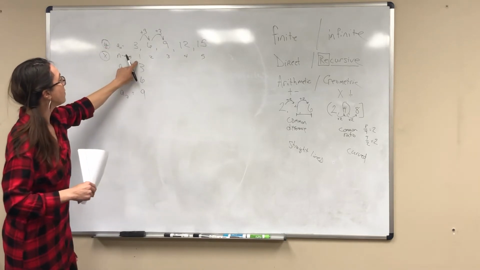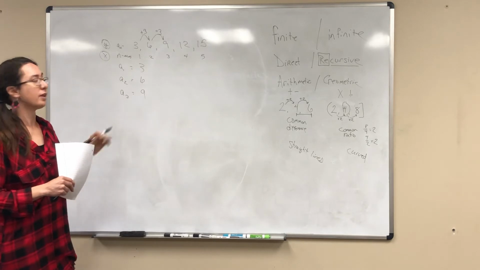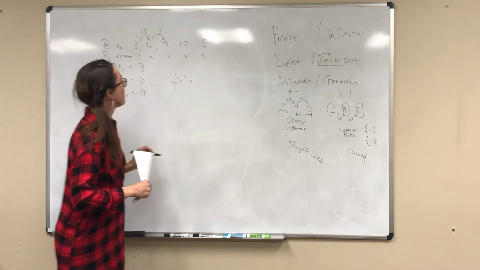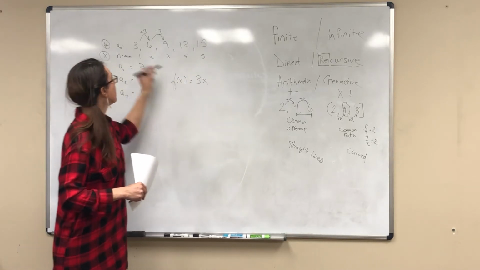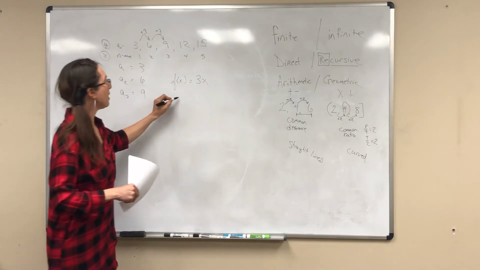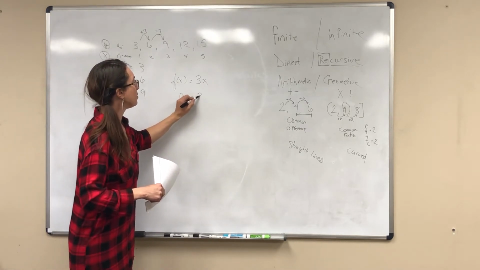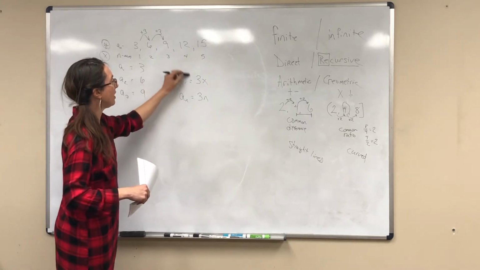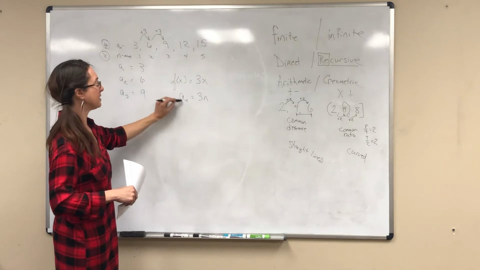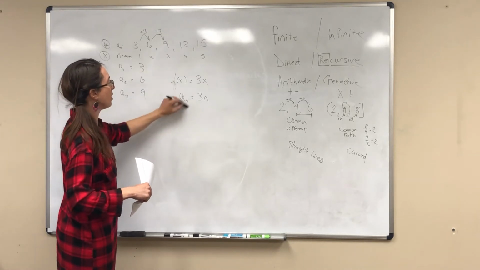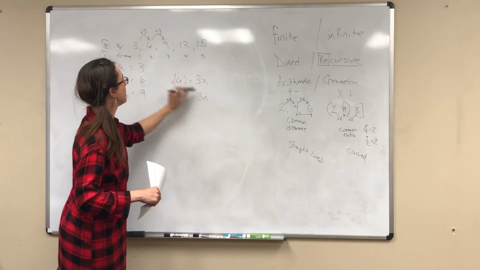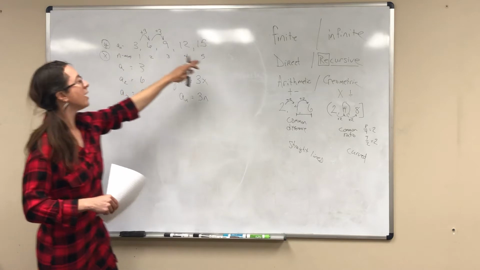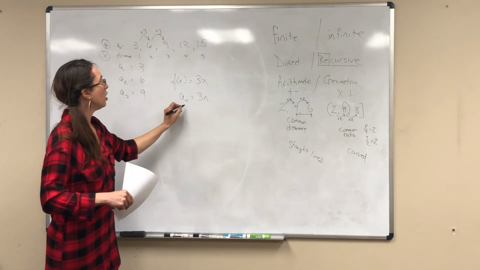How do I go from my n value to my y value? From my x to my y. If I had it like this, it would be times 3, right? 3 times x. So the way that we write that is a of n equals 3n. Remember, we are replacing our y with a of n, because this says the actual sequence number of that place, which is x. So the direct formula for this sequence is that the place,